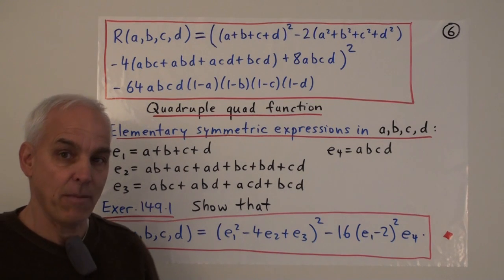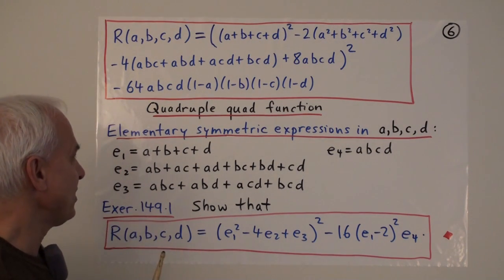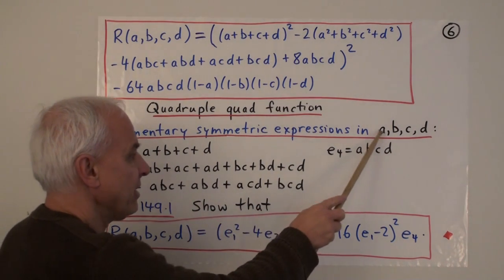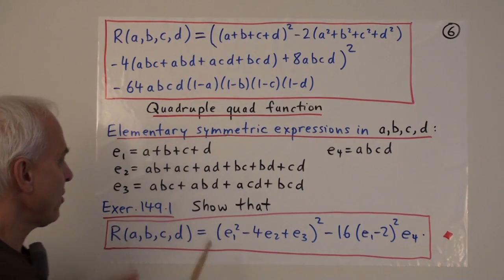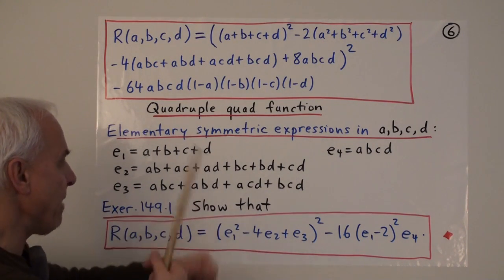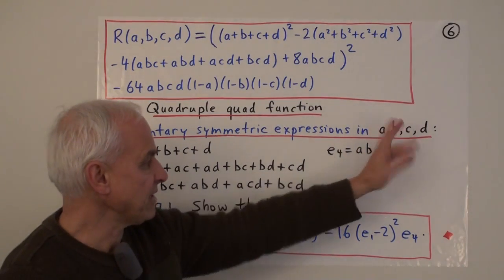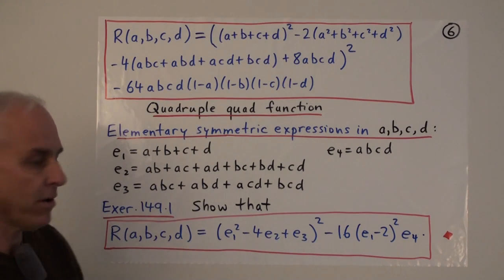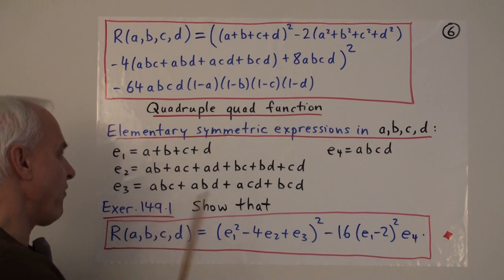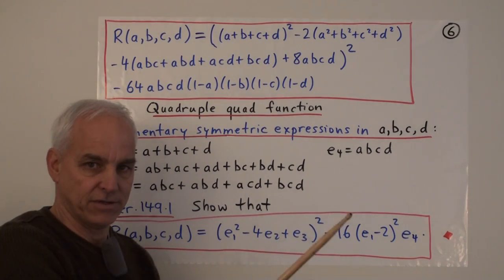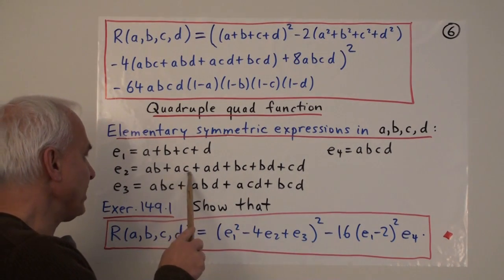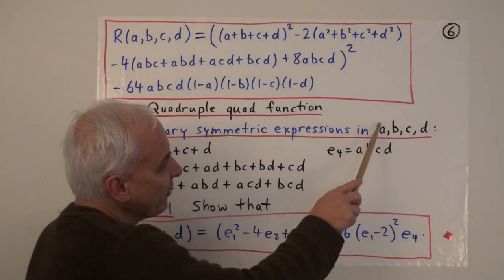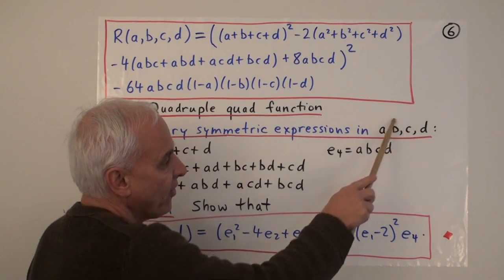It's a very interesting topic, but let me just informally introduce four important things called the elementary symmetric expressions in little a, b, c, and d. So these are expressions that we can write down that are sort of symmetric with respect to these things. If we interchange two of them, it doesn't change. So there's E1, which is just the sum of all four. There's E2, which is the sum of all possible products of different ones. So AB plus AC plus AD plus BC plus BD plus CD. So all the possible ways of multiplying two of these things.